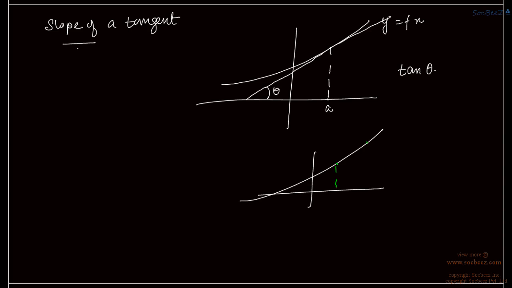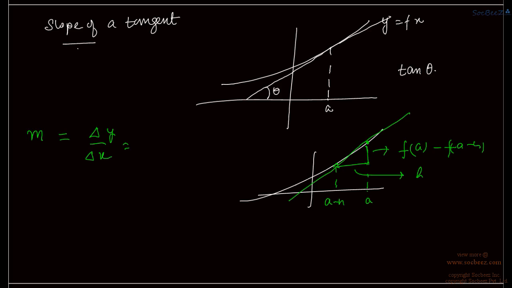One point is a - h and another point is x = a. So we can write this as f(a) and this as f(a - h), and this as h. Clearly here the slope of this line, the green line, is m = delta y upon delta x, which is equal to